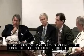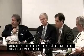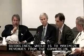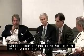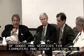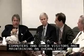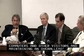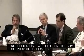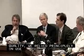start by stating the objective that we've articulated in the guidelines, which is to maximize revenues from the commercial space at Grand Central taken as a whole over time, while providing an appropriate mix of goods and services for commuters and other visitors, and maintaining an overall level of quality commensurate with the terminal's status as a landmark and great public space. To accomplish the last of those two objectives, that is to say the mix of goods and services and the overall level of quality, we rely principally on use restrictions and design guidelines and rules and regulations that